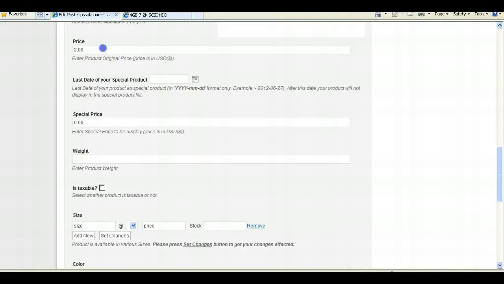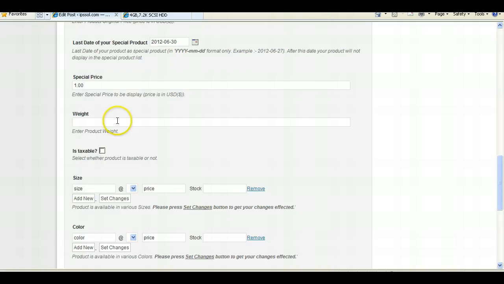If you want to have a regular price and a sale price, for example, we'll throw a sale right now. The regular price is $2 for this hard drive. We'll put $1 as the special sale price, and then we'll select a date range of when the last day of our sale is. So we'll say the last day of this month the sale ends. The website will automatically show the sale price up until this date, and then once this date passes, it'll revert